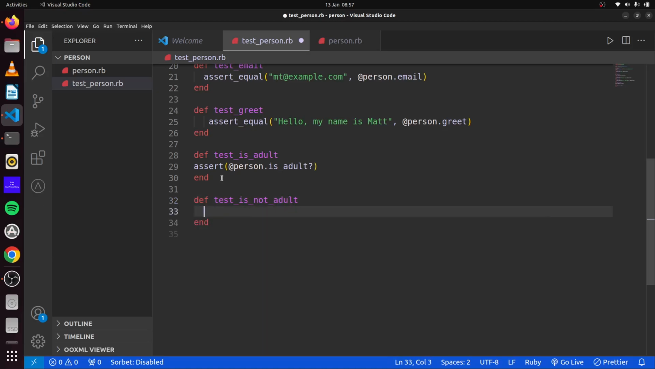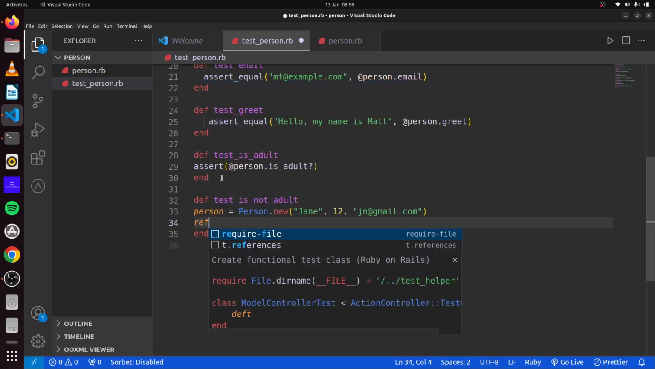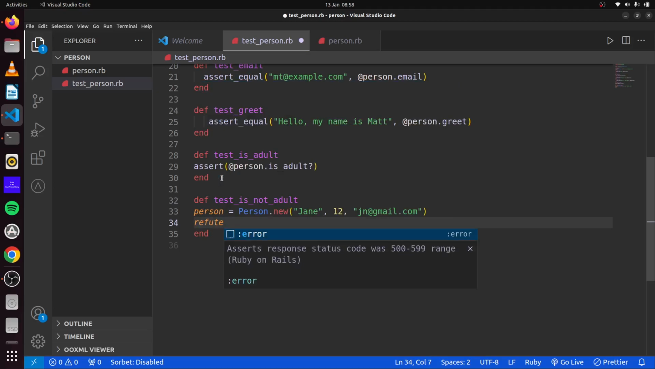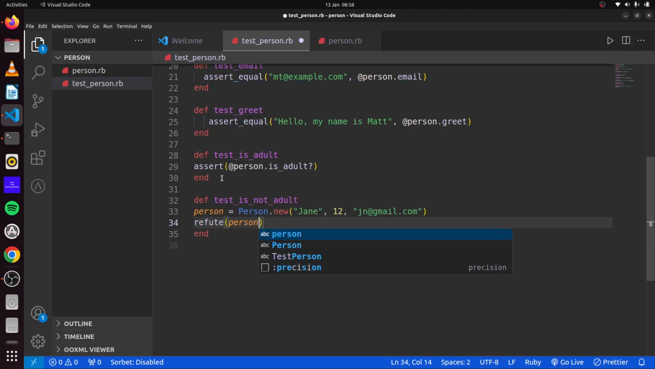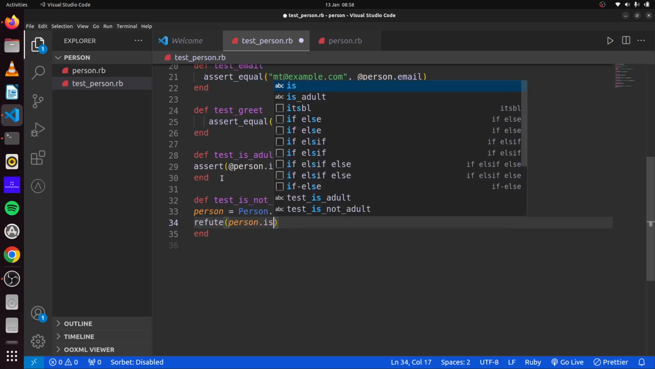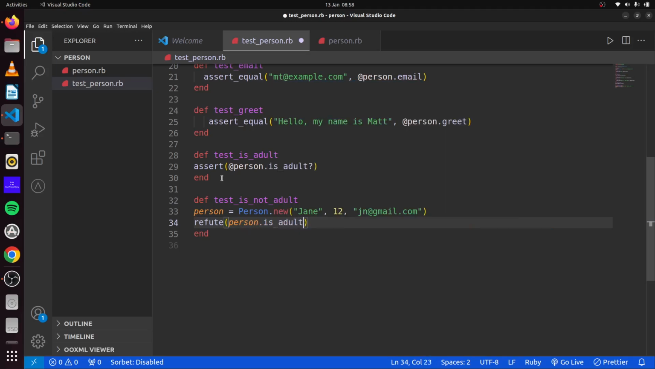We can say, okay, let's create a new person, and we'll say Person.new. We'll call her Jane. We'll say she is 12, and we'll say jane@gmail.com for her email. So what we want to do now is we want to refute if our person that is defined in the above line is adult. Since she is 12 years old as defined here, that means if we run this,